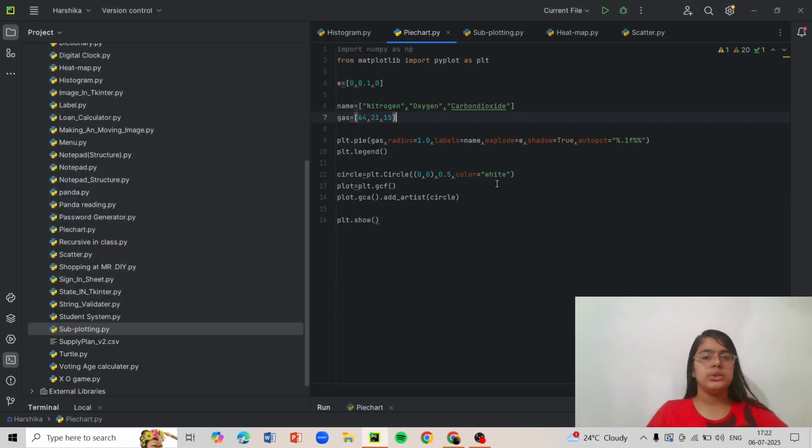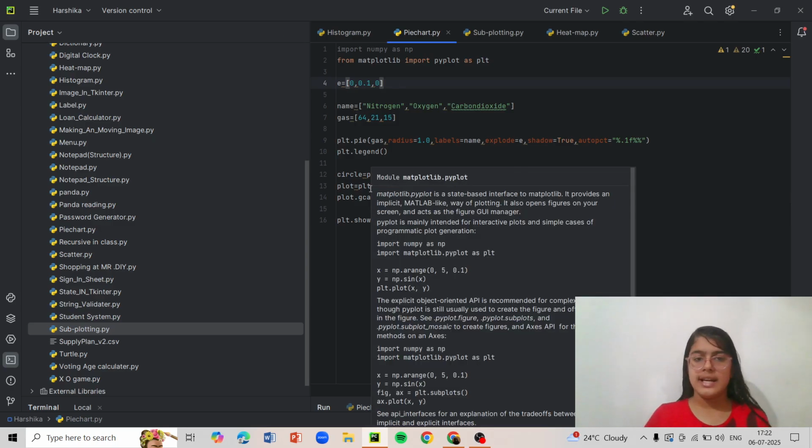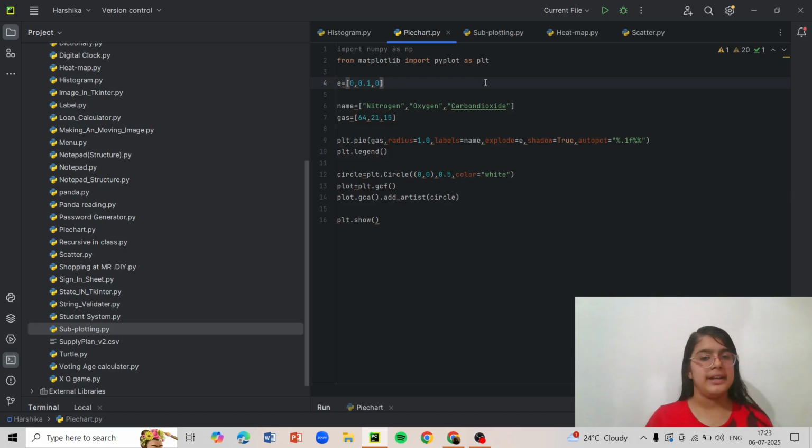So now I'll explain the code. First I've imported NumPy, but there is no use, so it is showing in brown color. Next I have from matplotlib. This line is important to write whenever we're using matplotlib. Even though we have installed it, we need to import it every time we need to use it. Next we have a simple array or list. I have made a list. You can also use an array.